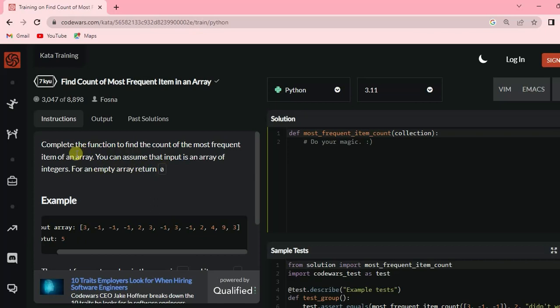Okay, if an empty array is given, we should return 0. Okay, we are going to solve according to the problem statement. The code is,